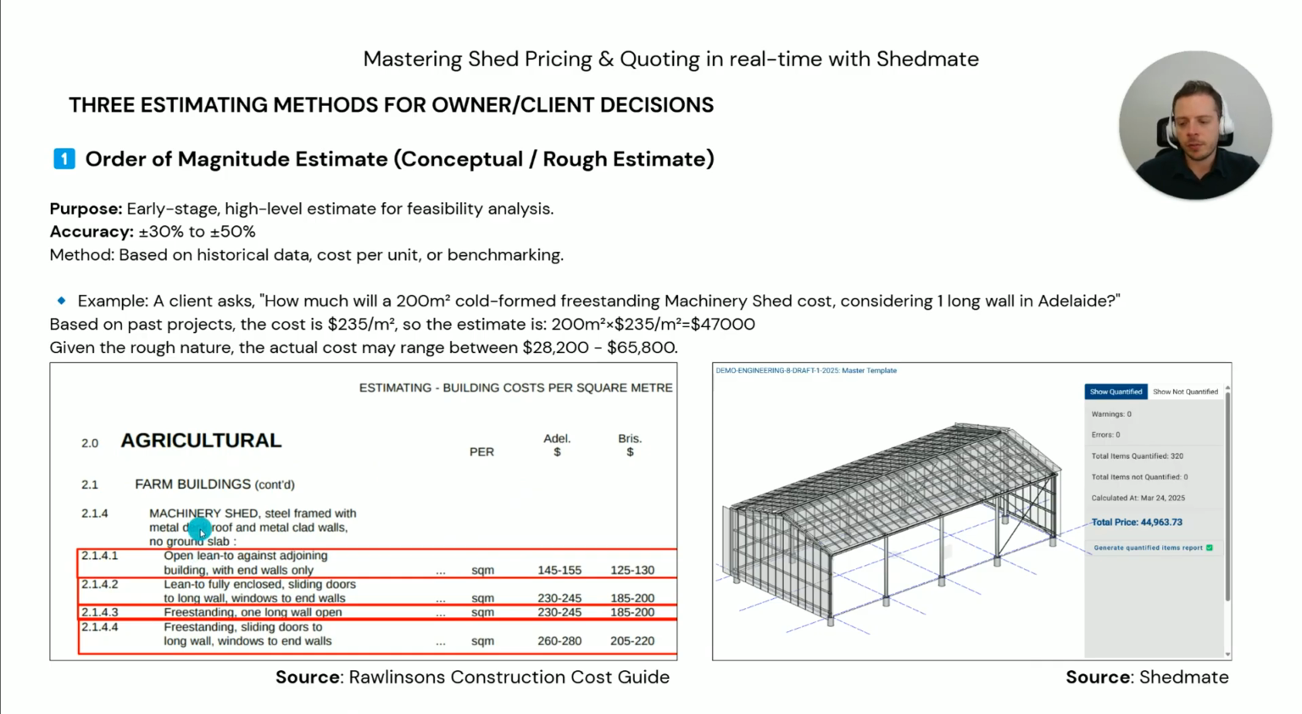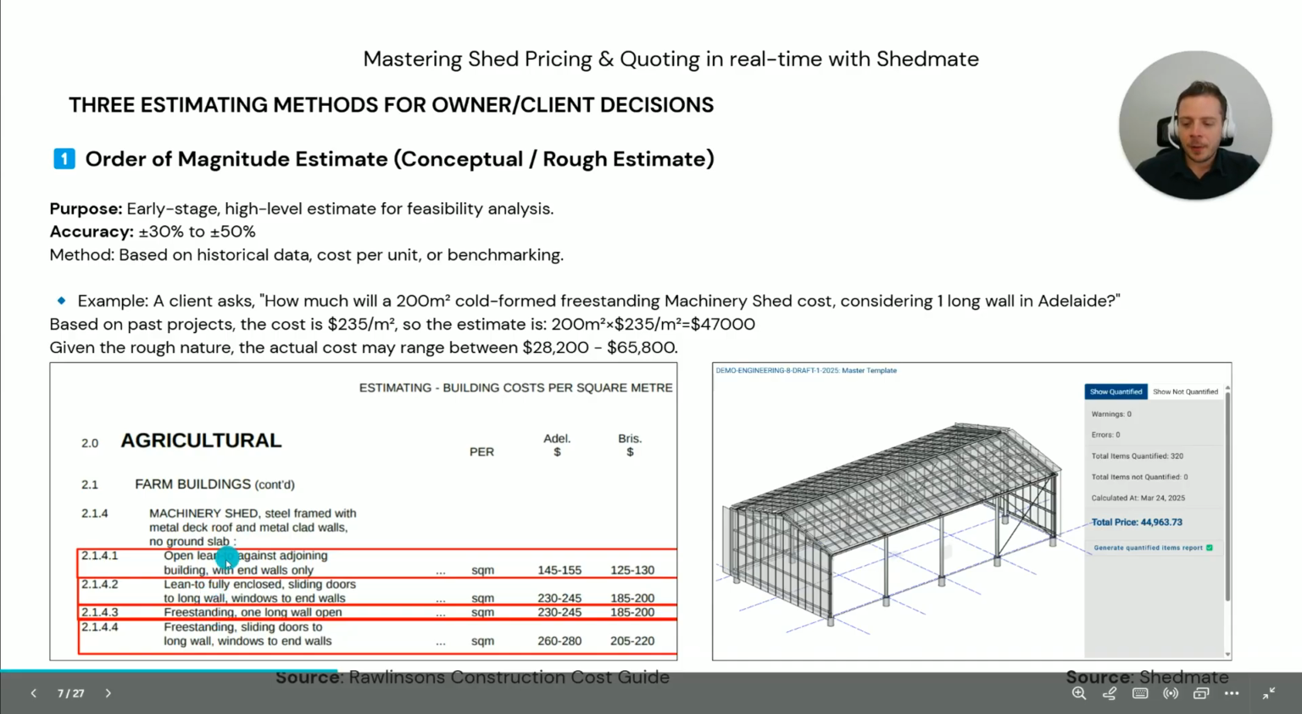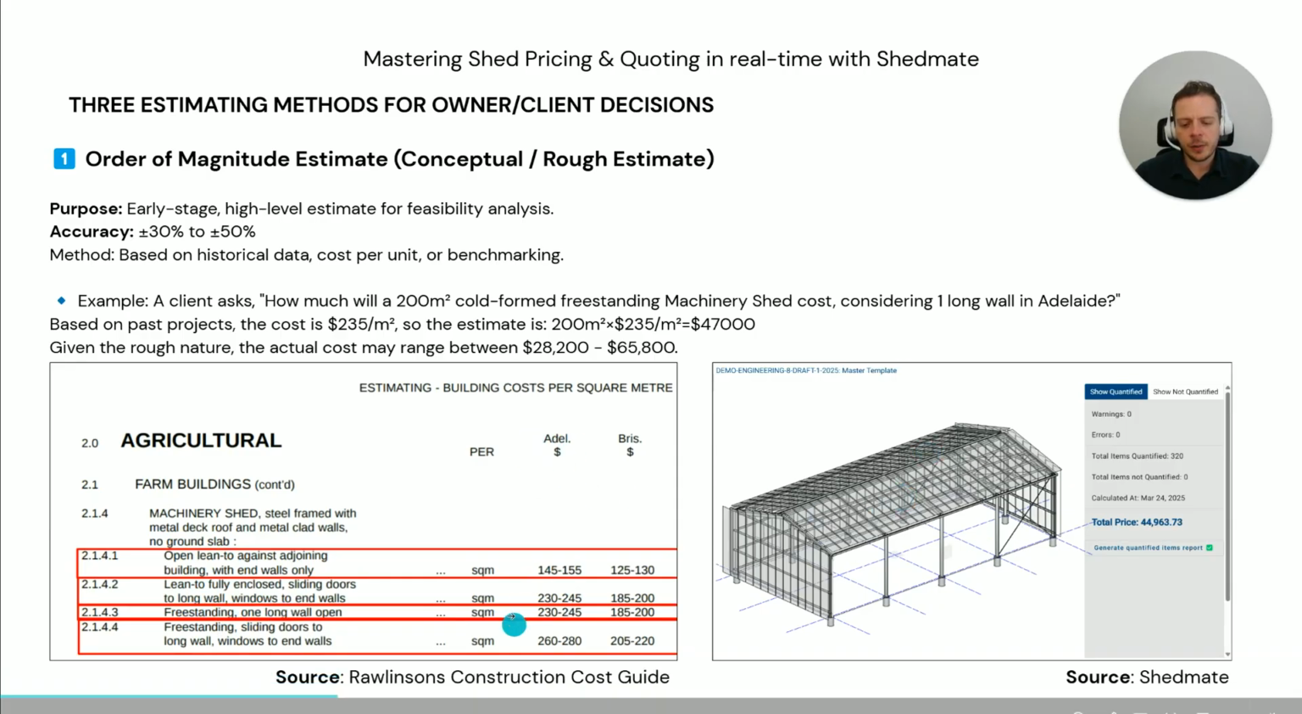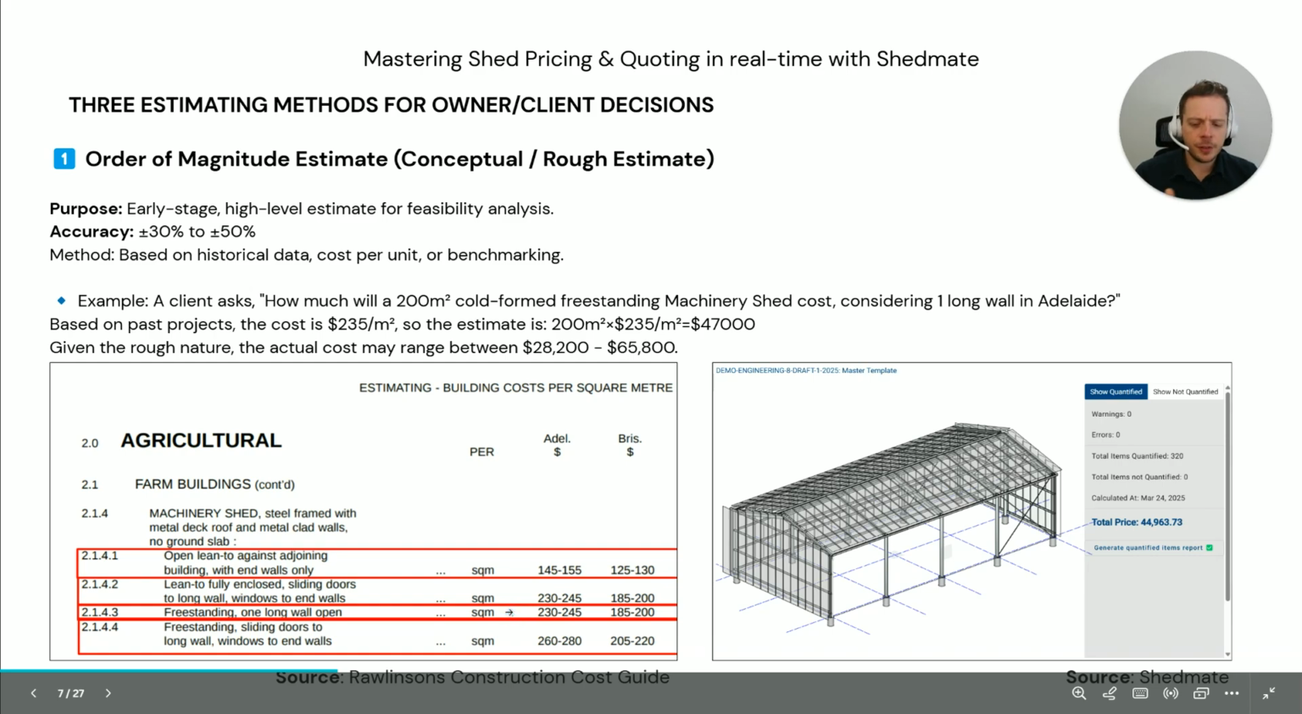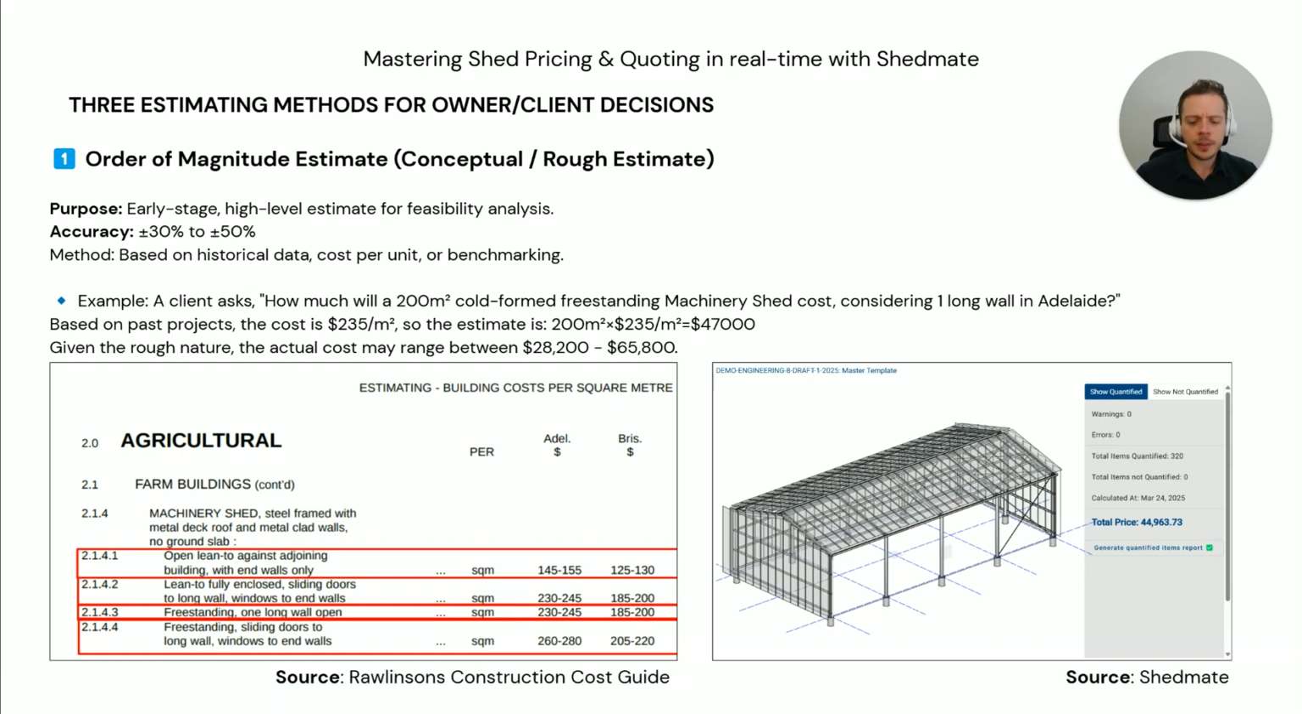We're using here a sample for a machinery shed, with different categories of the same one. But if you look at the freestanding one wall open, similar to the imagery on the right, you can see that in Adelaide, they'll cost between 230 and 245 for that shed project. Okay. So let's say that the guy in the pub asks you, hey, how much would a 200 square meter freestanding machinery shed cost me? You could multiply that by 235 per square meter,